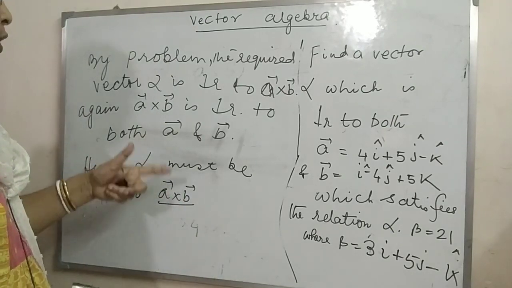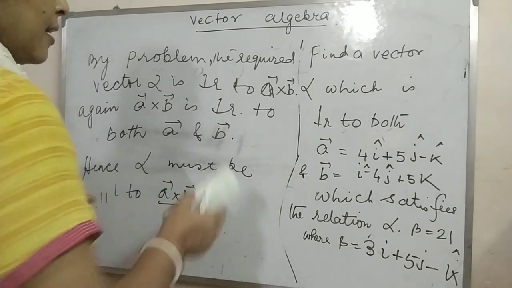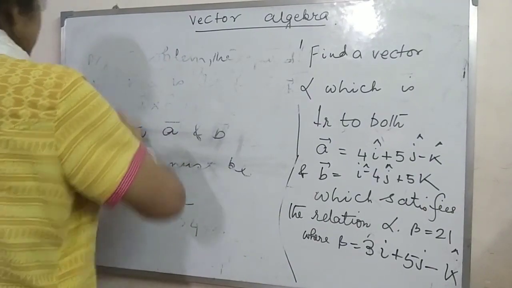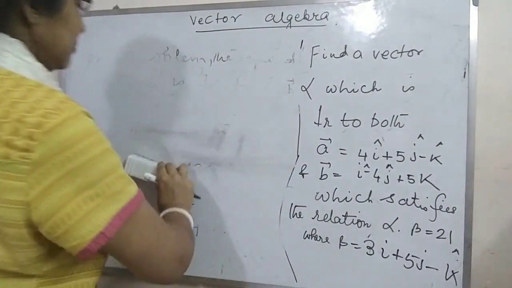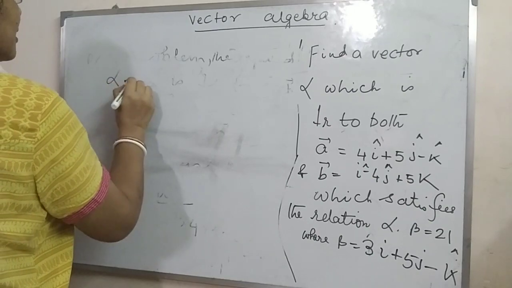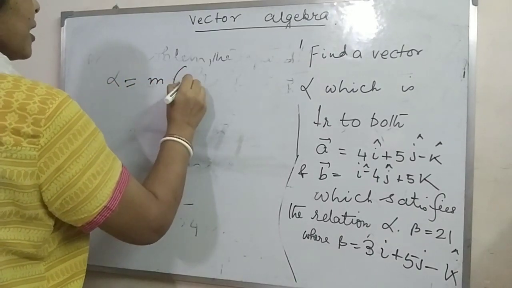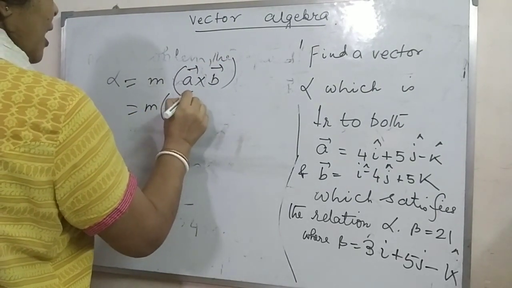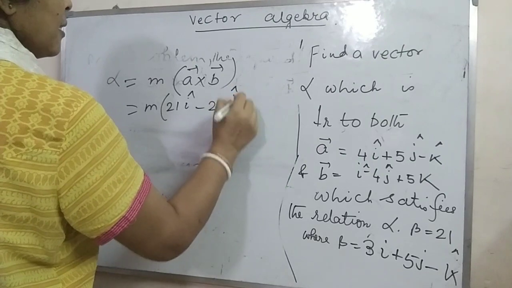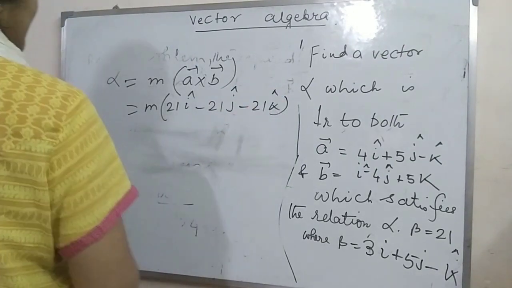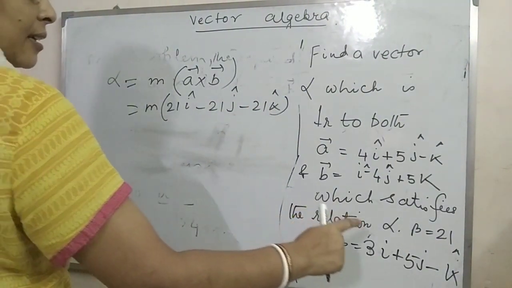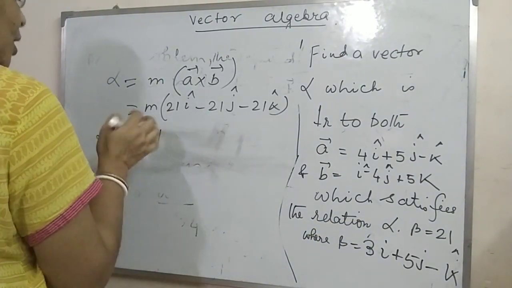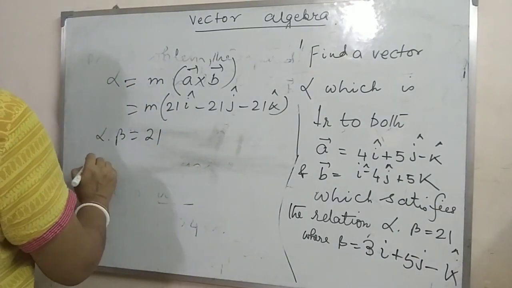By the condition, when two vectors are parallel, then I can write alpha equal to m into A cross B. That is m into 21i minus 21j minus 21k. And it is given that another condition is alpha dot beta equal to 21. So I can write